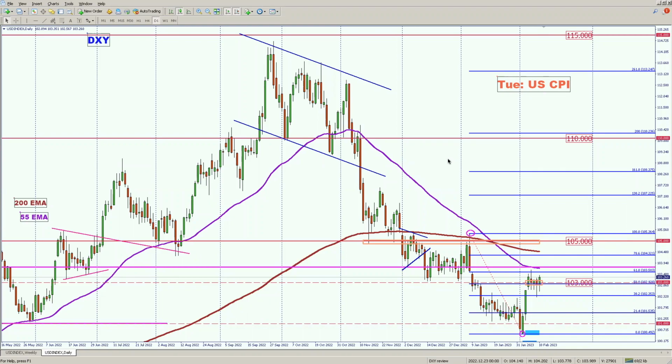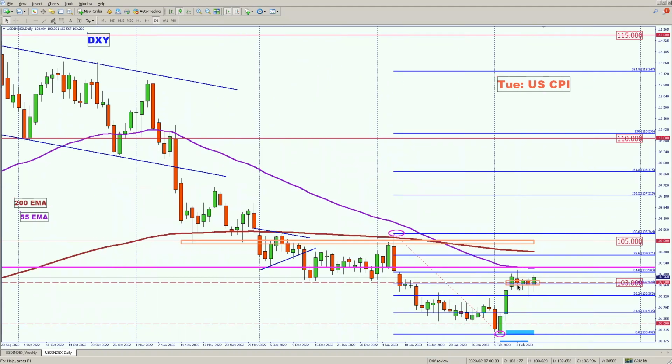And here's the US dollar index, the DXY. Right on Monday itself, it gapped up, just as the other pairs gapped down, gapped up and above the 103 and almost hitting the 62 Fib, which it finally hit on the Tuesday. 62 Fib retracement level, just under the daily 55 EMA, and then consolidated for the week in a very tight range, finding support from the 38 Fib retracement and settling around above the 50 Fib. So this intermediate resistance,